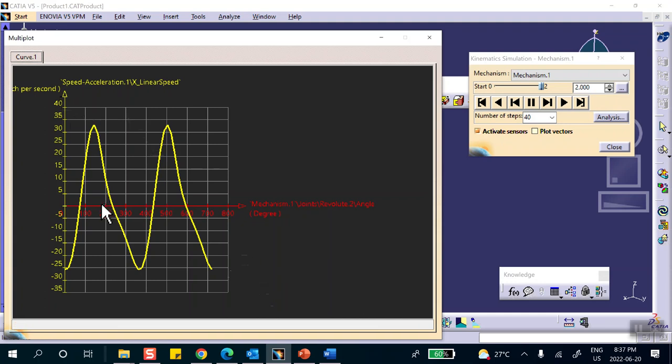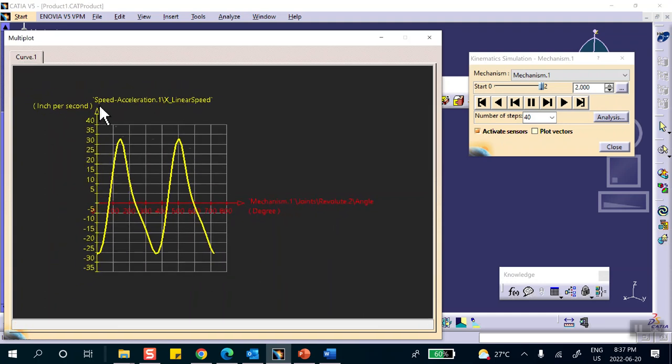So notice that this is not versus time anymore. Let's zoom out. This is linear speed versus angle. It just happens that it looks as if it's versus time. Very similar because actually the angle is a linear function of time. Now, once again, if I asked you to generate a graph like that, you say print screen,